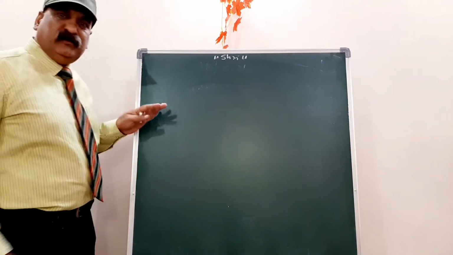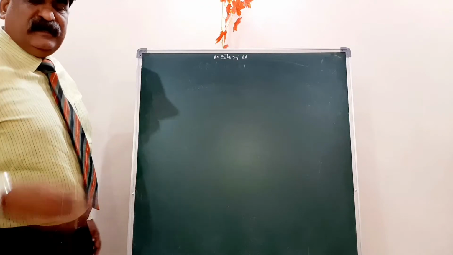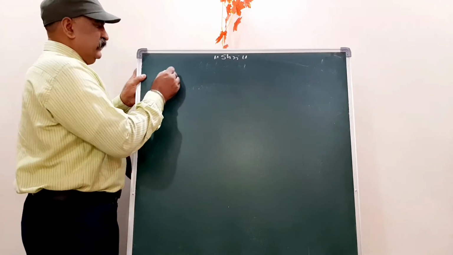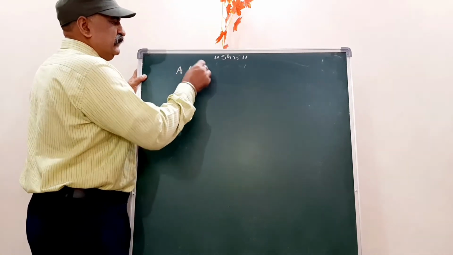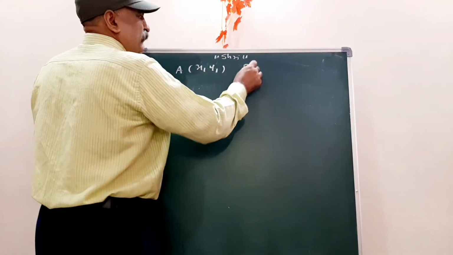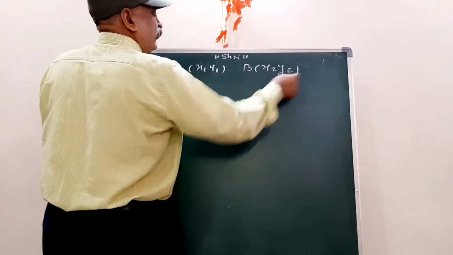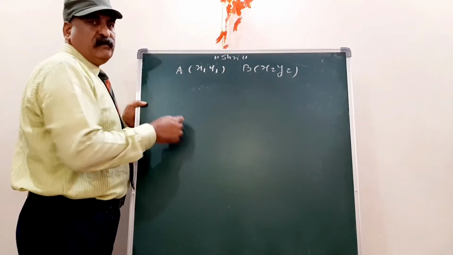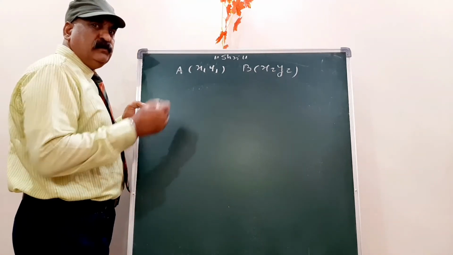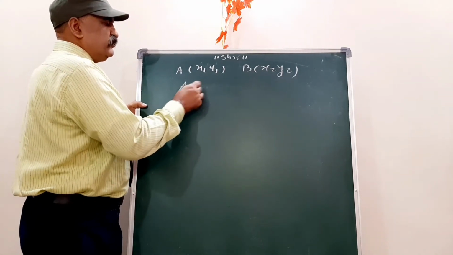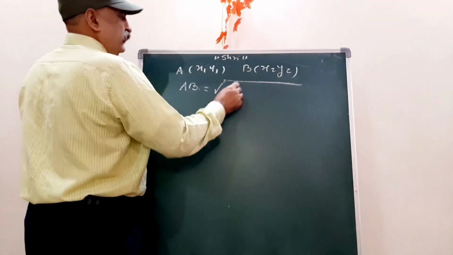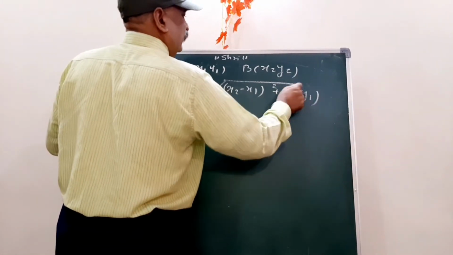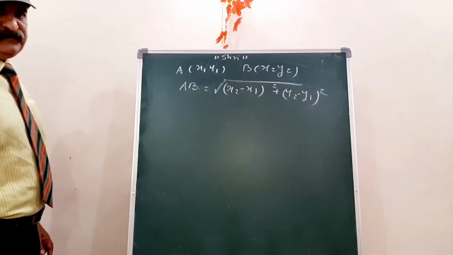Now, again, I would like to continue the chapter coordinate geometry. In my last lecture, I gave you the distance between the 2 points. It means if the 2 points are A, which is x1 comma y1, and B, which is the point x2 comma y2. I am just going to recall the things which I have done earlier. So A is the point x1 comma y1 and B is the point x2 comma y2. Then the distance between 2 points, it means AB is equal to under root (x2 minus x1) whole square plus (y2 minus y1) whole square. This is the distance between 2 points.